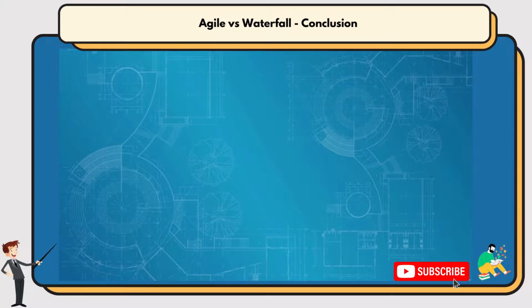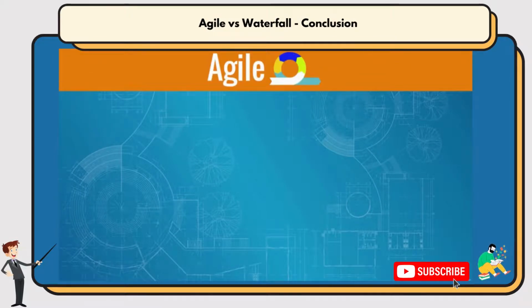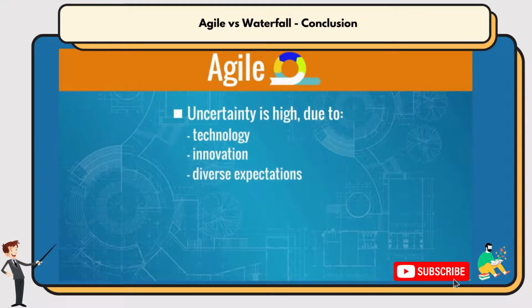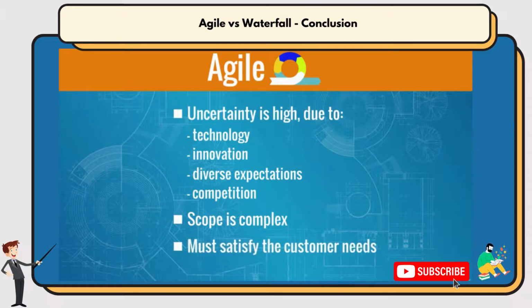From the analysis we made, it appears that methodologies based on Agile are customized for specific project cases, where uncertainty is high due to technology, innovation, diverse expectations, competition, or other factors. Comprehensive and detailed planning in advance will not be so effective. Scope is complex, and the detailed requirements will most probably evolve during execution. The most important thing is that the end product meets specific customer needs, even if more time and resources are